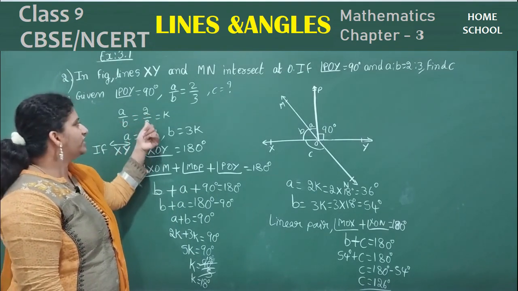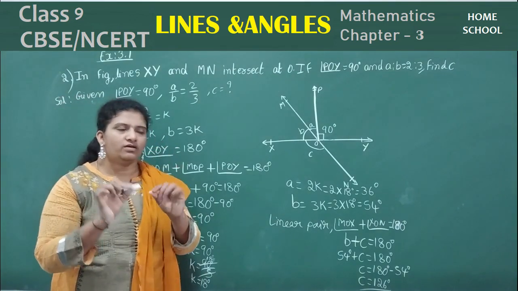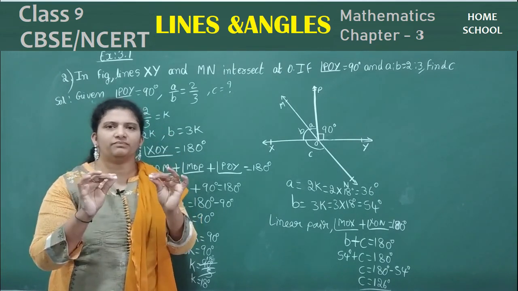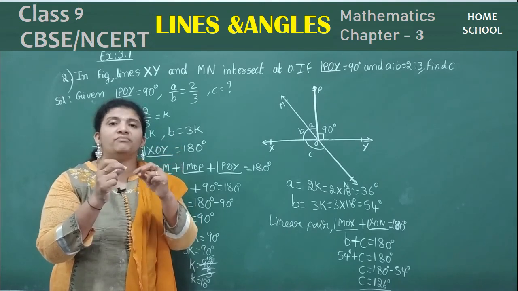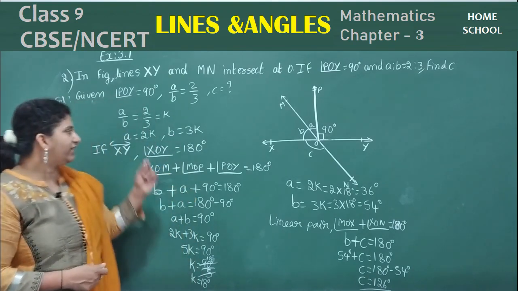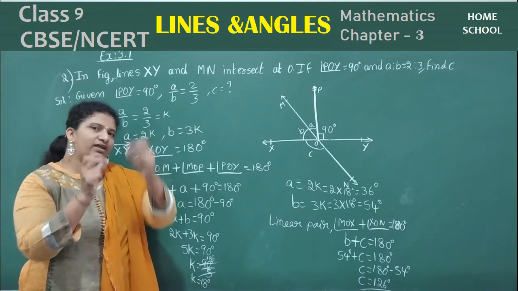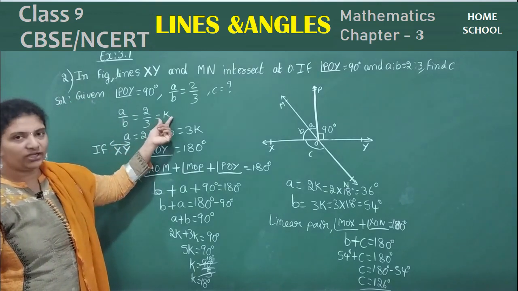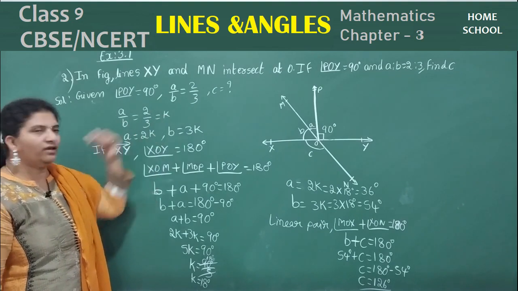What it is? 2:3. Suppose look here, this is A is to B. This is a chalk piece, right? Break into 2:3 I am saying. Means, is it 2 centimeter and 3 centimeter? No, some value it was there. It is constant. So for that value, I have taken it as a K. This is divided in 2K and 3K ratio. It is divided. So now, same manner, equate to K, then A equal to 2K, B equal to 3K, right?